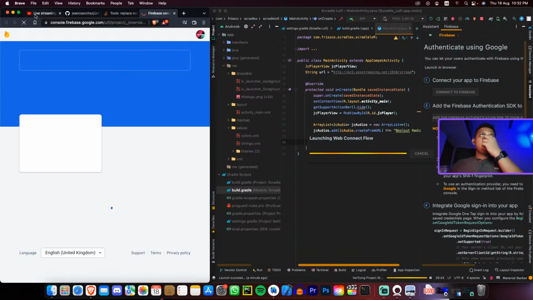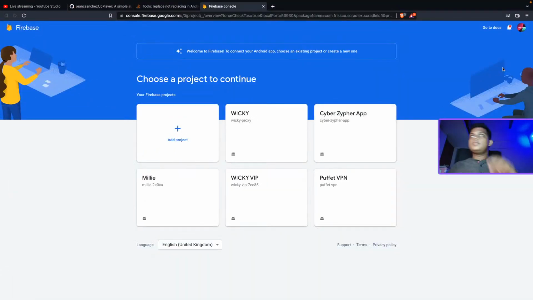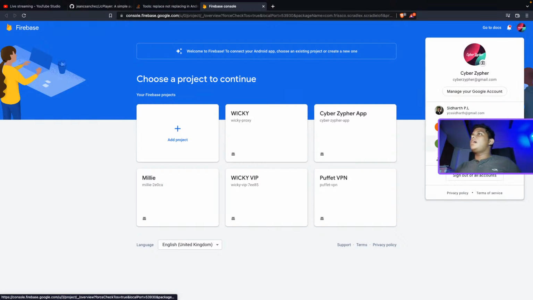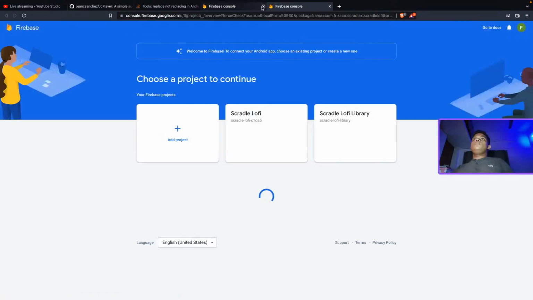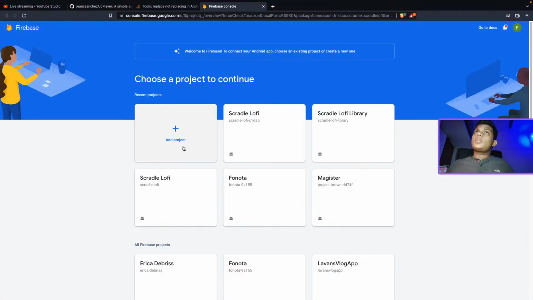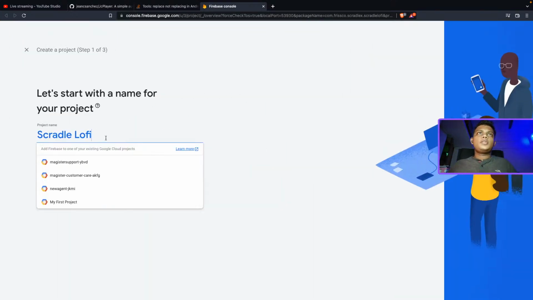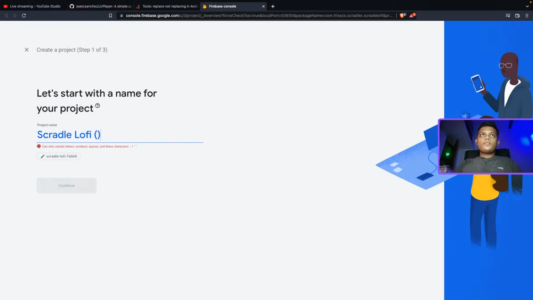Connect to Firebase. I have it. So let me just specify my mail ID. Create a new project. Scradle. Recode it. Okay,